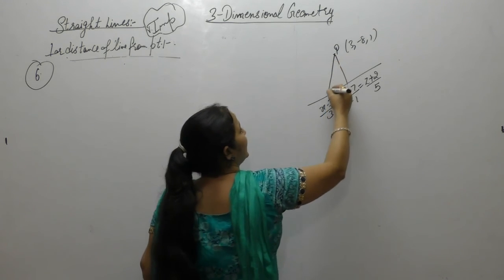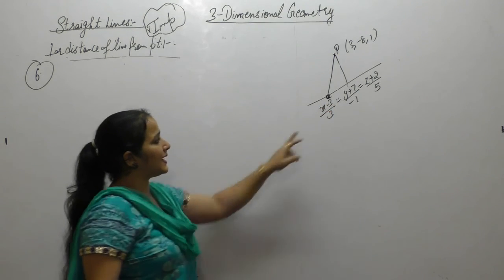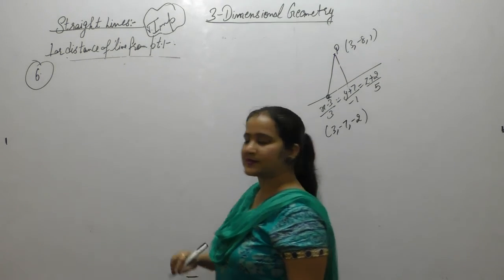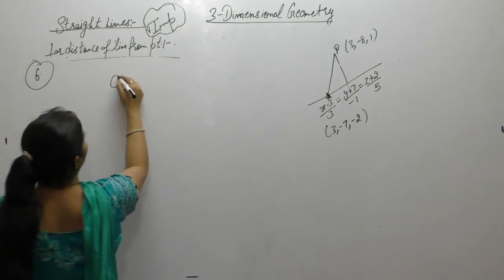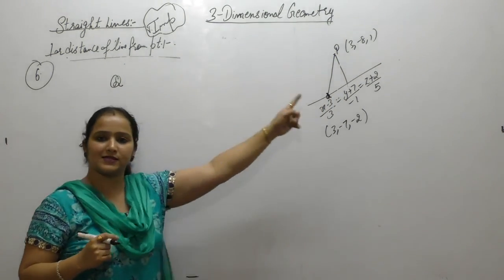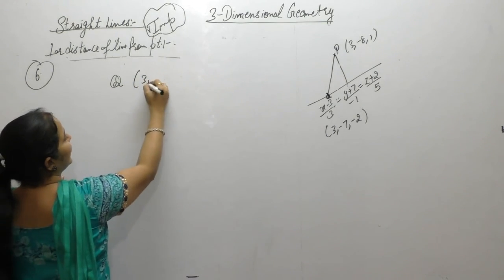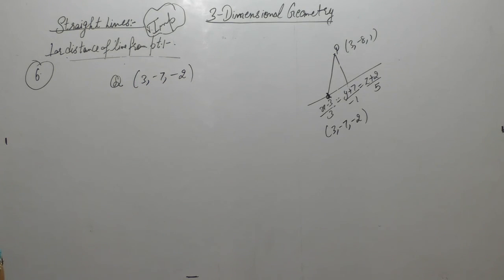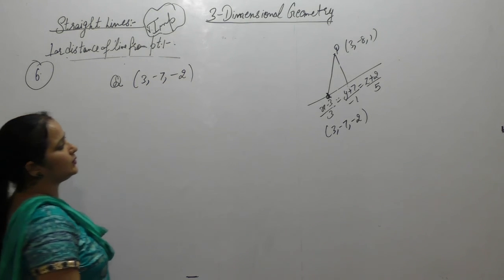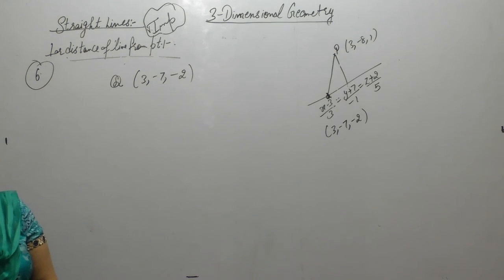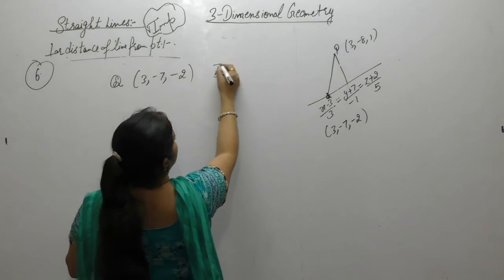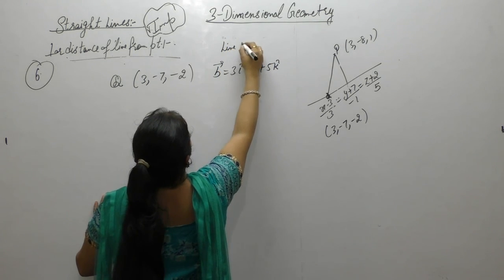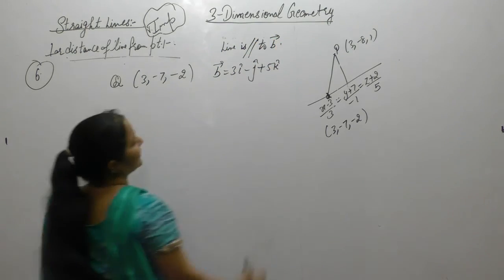Now let this be the point Q. Q lies on this line, passes through point 3, minus 7, minus 2. Therefore the coordinates of Q are 3, minus 7 and minus 2. Also the line is parallel to the b vector. The b vector is 3i minus j plus 5k. The line is parallel to the b vector. So the b vector is